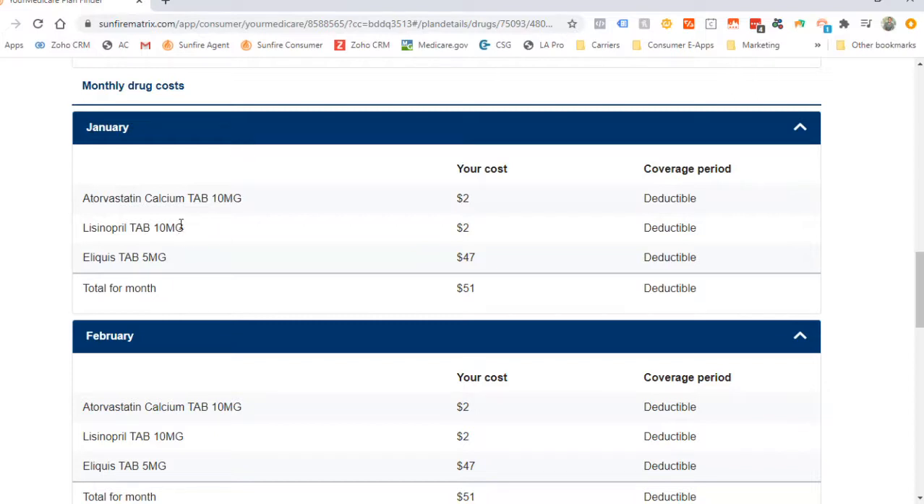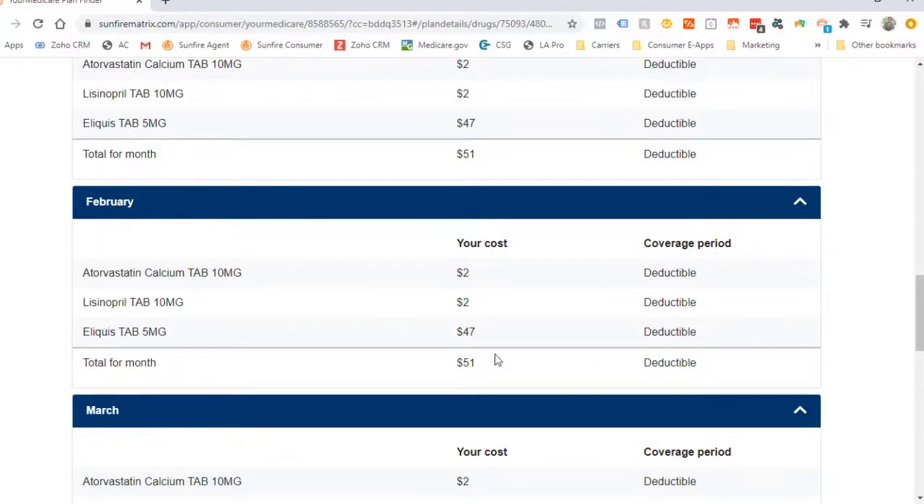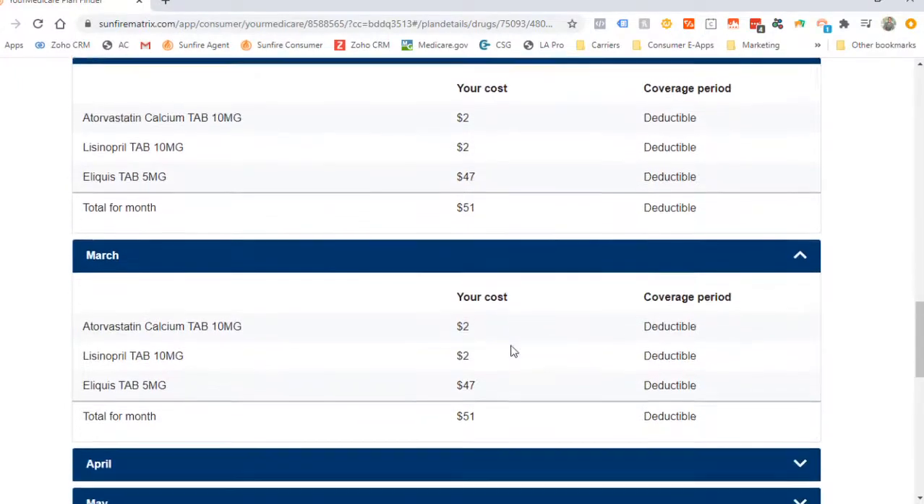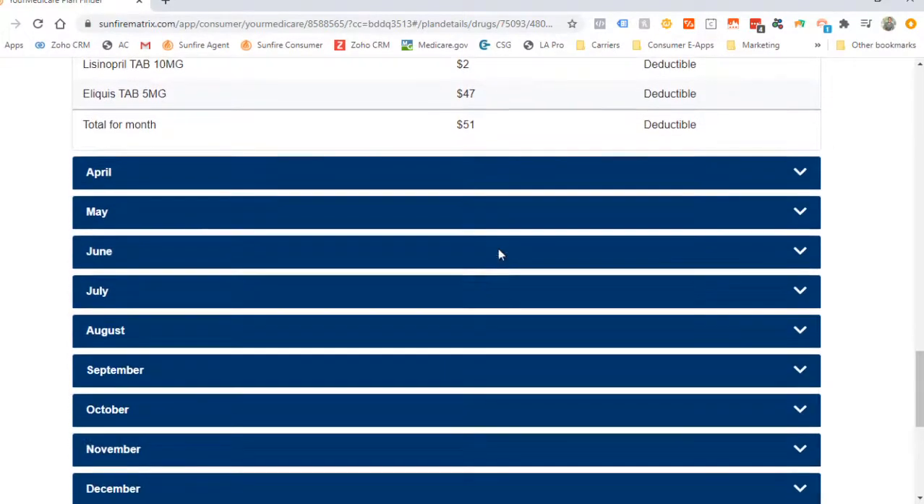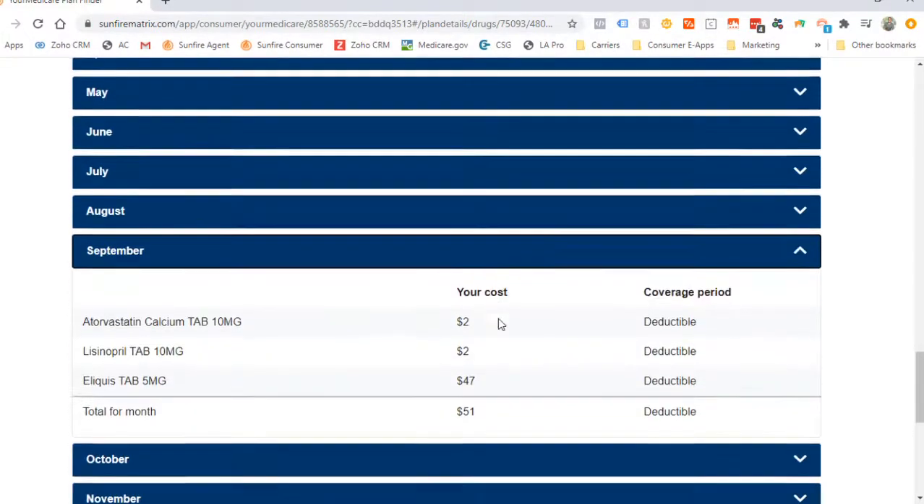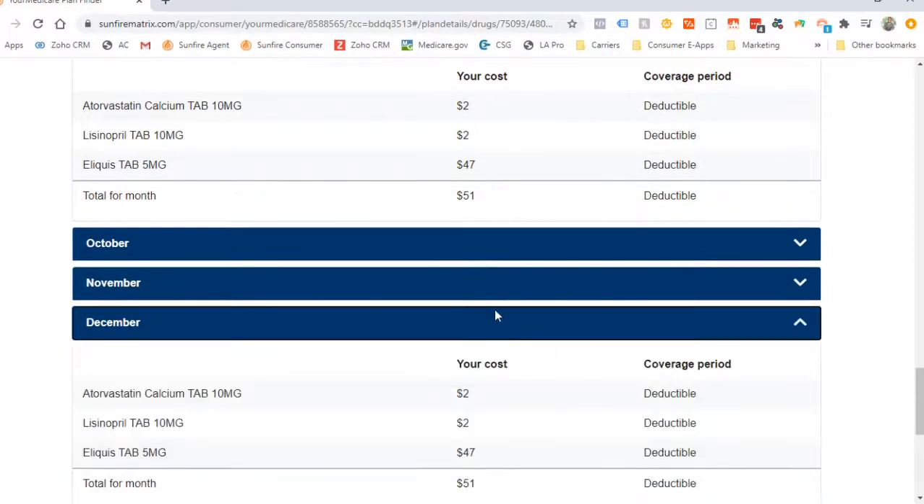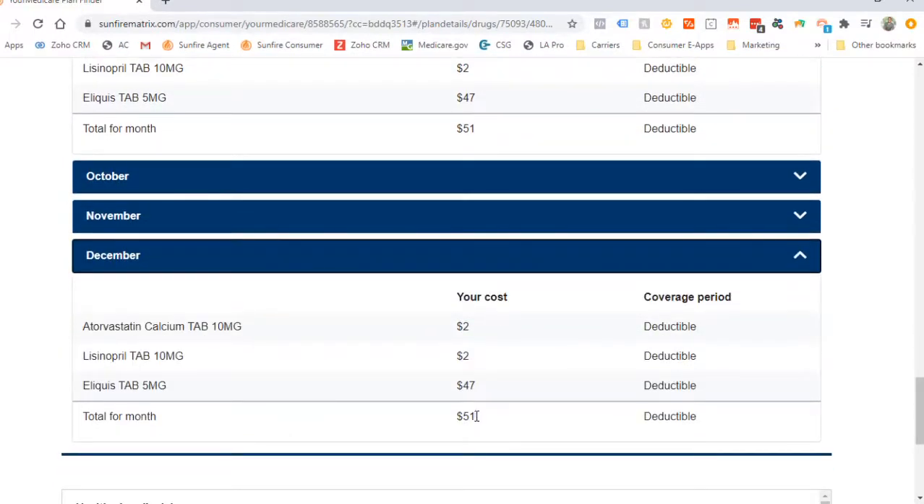So in January, it's predicting that your medication costs for each of your medications are as listed. You can go down for each month of the year and see what those medications would be. So it looks like with this Humana plan, our cost would be about $51 per month. We can go down here and view any month of the year. So it looks like for us, all year long, our copays are going to be the same, of about $51